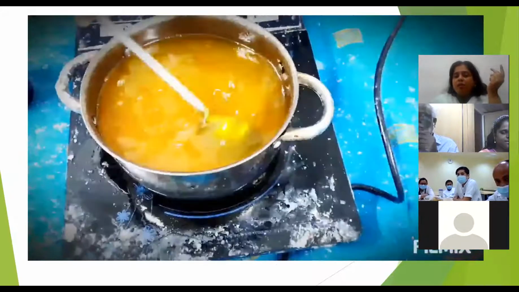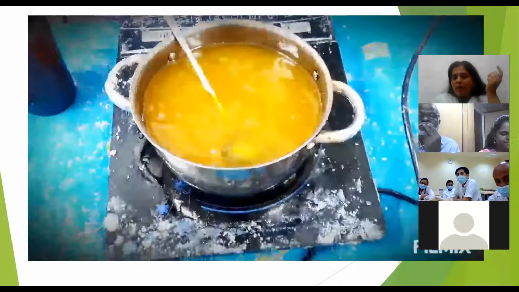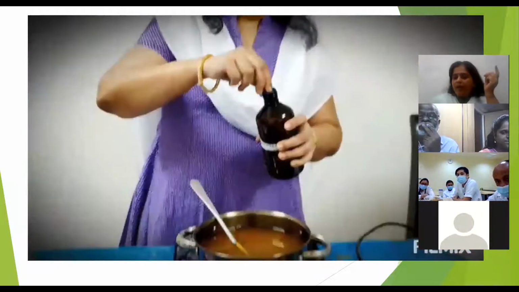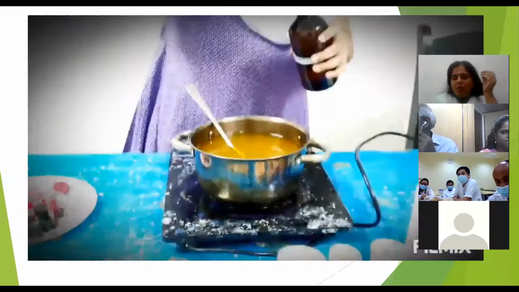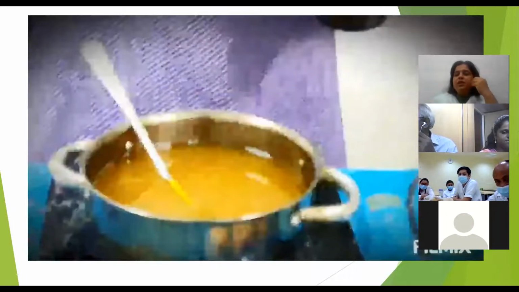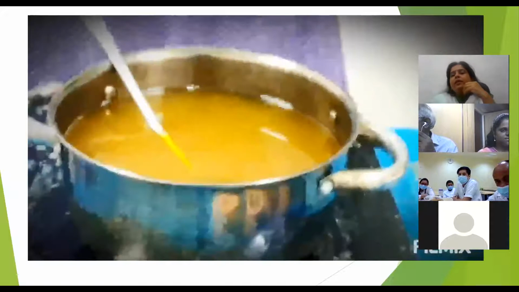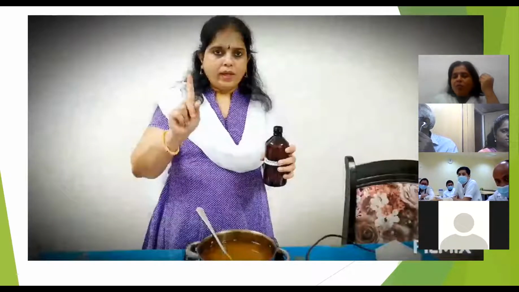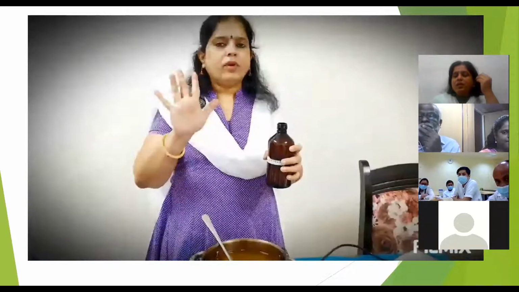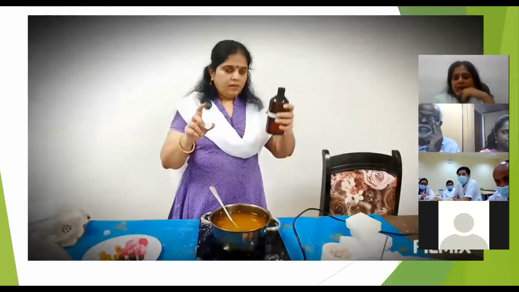Perfume, if you say, is of two types. You get it in the online market. One is for candle, one is for soap. Candle perfumes are of a little bit low quality. Soap perfume, since we use it on our skin, is of good quality. When I'm teaching my children, I don't want to confuse them. So I use the same good quality perfume. Whatever I'm using for soap, I use for candle.